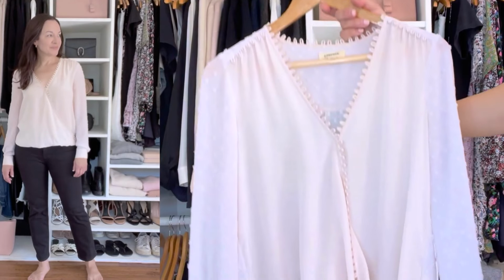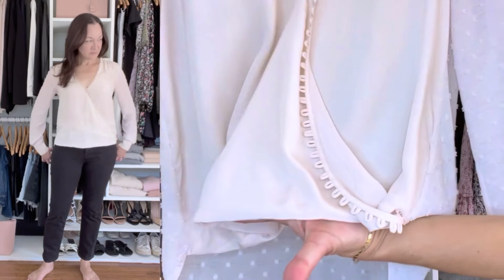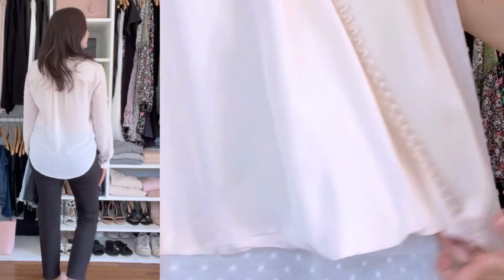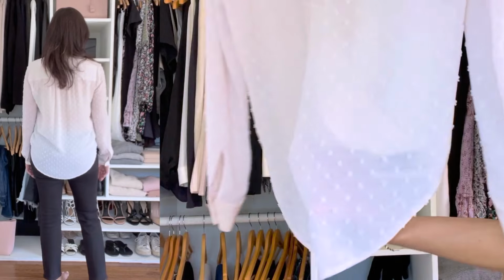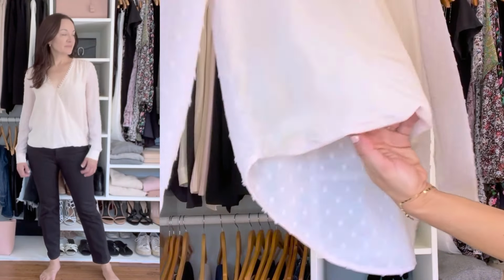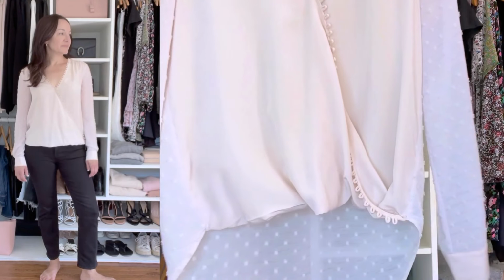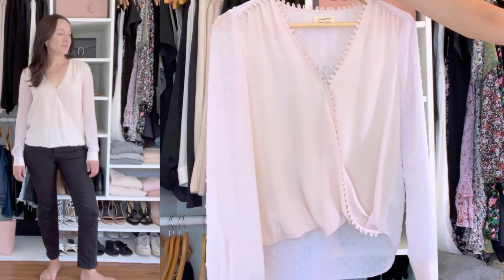And here's an example of a blouse that you don't need to tuck. So when your top, whether it's a blouse or a shirt, has a finished hemline, like this one, it is not meant to be tucked in. It already has that natural billowing at the bottom. A top like this, you don't want to tuck it in. You don't want to do a half tuck. You don't want to do a full tuck. It's meant to be worn out. It's a finished hem. Another reason you might want to leave a top out or untucked is if it's a